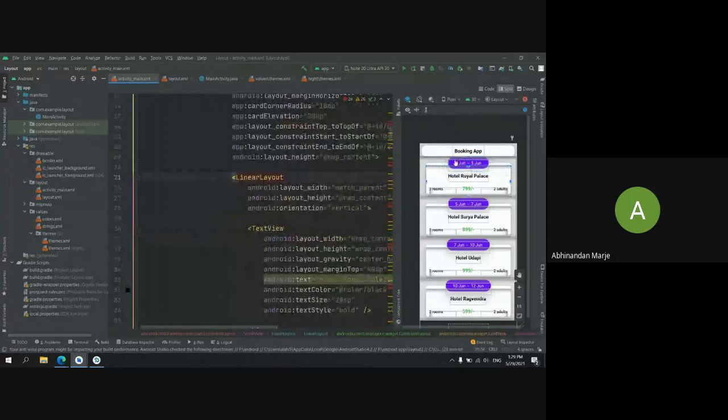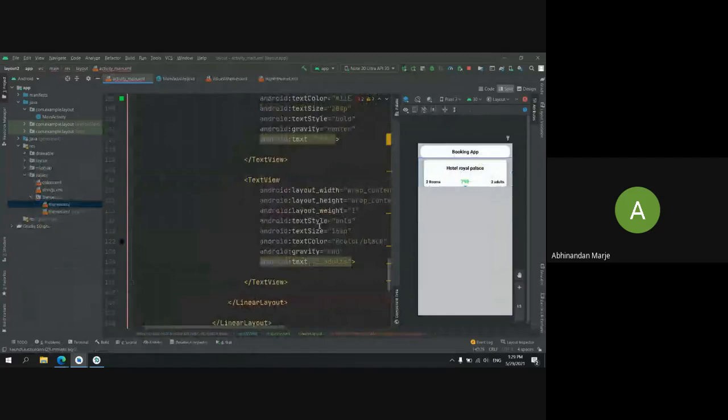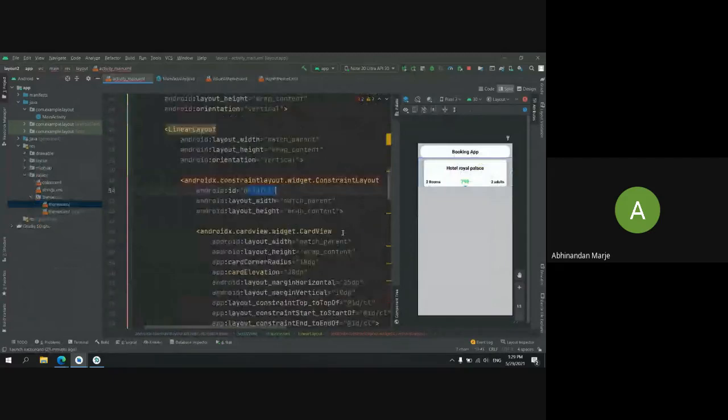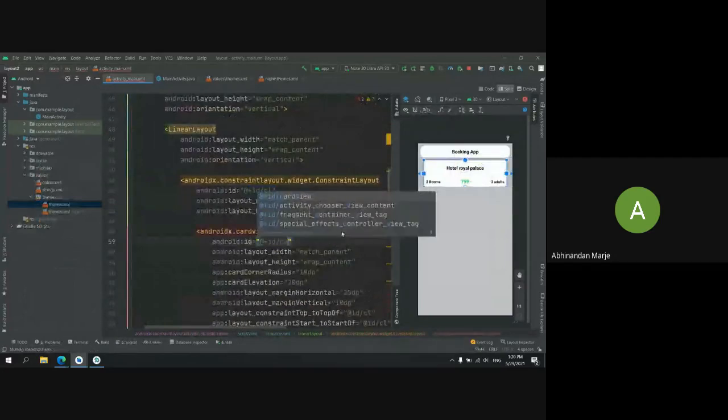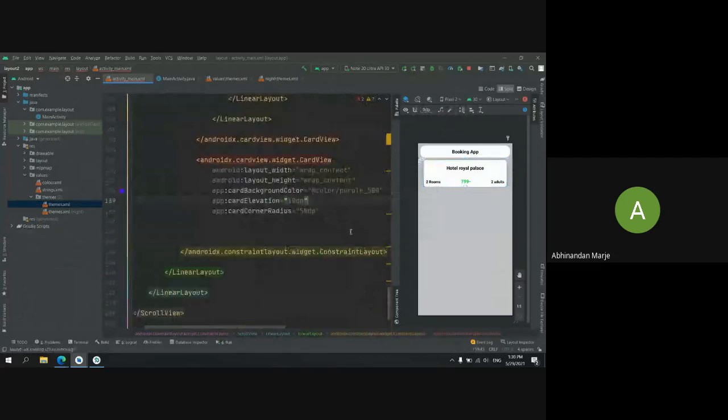So what I will do, here you can see I gave an ID to our constraint layout. This is the ID, and I want this card layout should have an ID of serial. Okay, come back here. I will start constraining it.